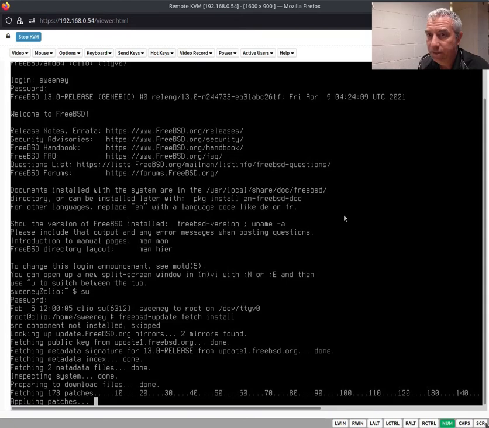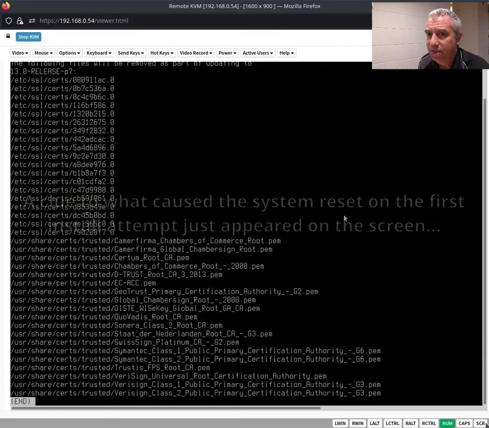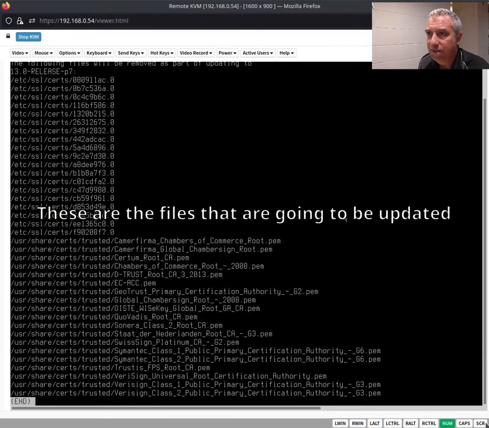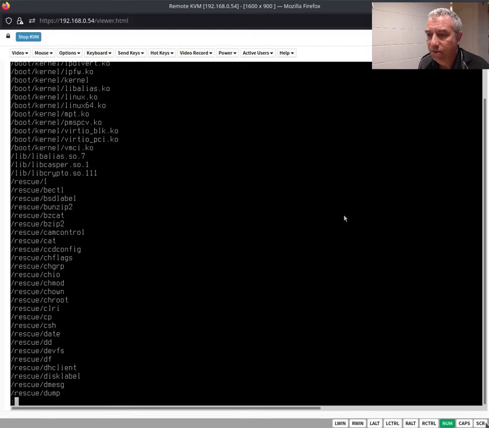Now this is where we get something show up on the screen. Poof. That is not the FreeBSD update program's text. That was actually an error, and I'll explain what that error was later on. So these are a list of all the files that are going to get updated,